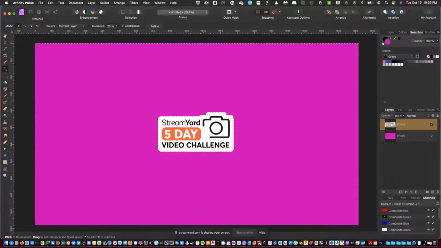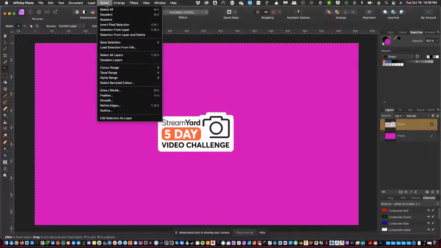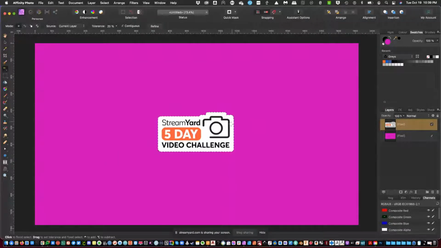So I want it to be just this selected because we're going to do a little trick. Then we go up here to select and we do invert pixel selection. Now you notice that the little dancing ant border is just around here. It's not around the outside anymore. So we've just got this layer selected. And then if we zoom back in,